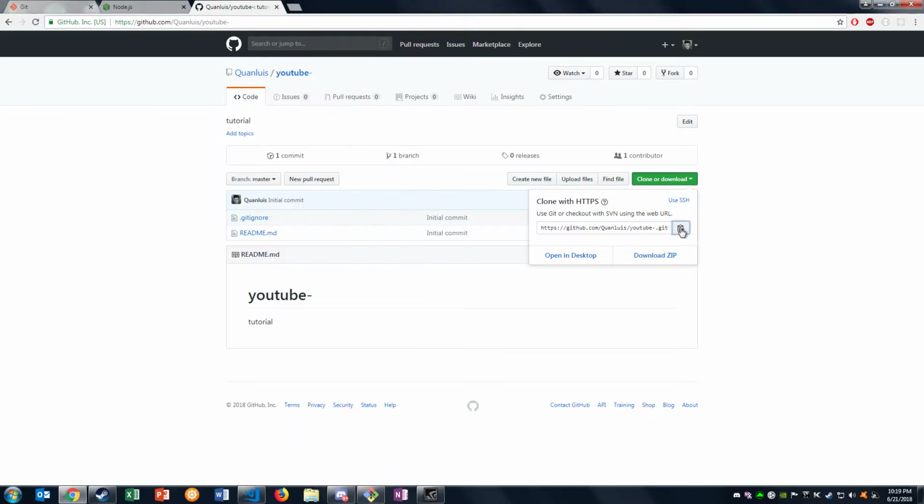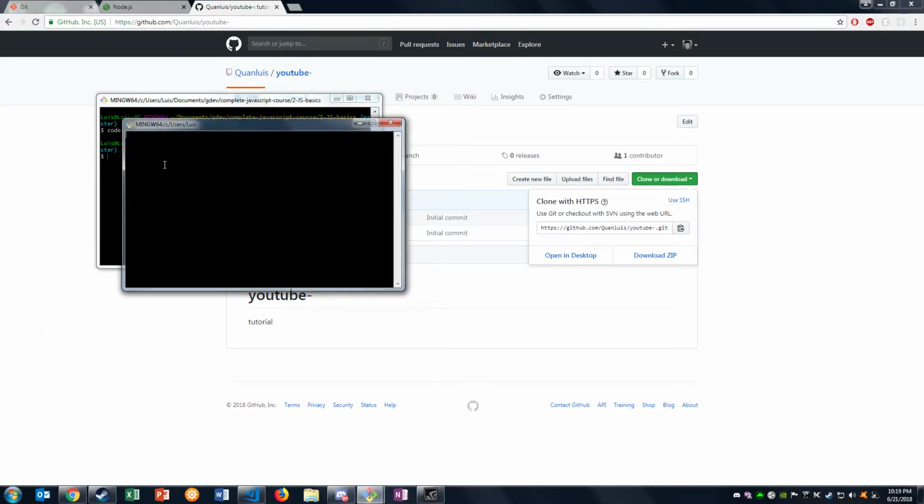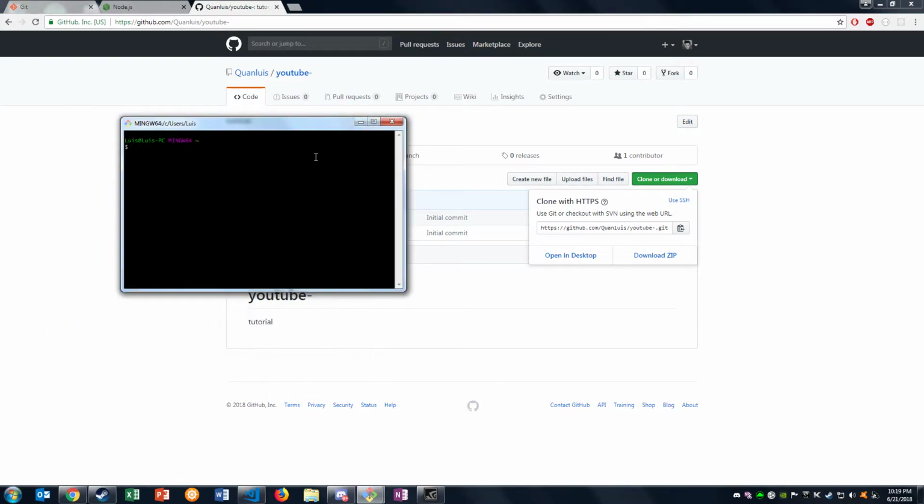So what you want to do is just hit right here on the clipboard. And let me open a new terminal right here. I'm using Windows, but I prefer Linux on my laptop. But right now I just wanted to show you guys how to do this. So create a file, and wherever you want to clone that repository, that's where you put git clone. So you go where I usually keep my files, and what you want to do is do git clone